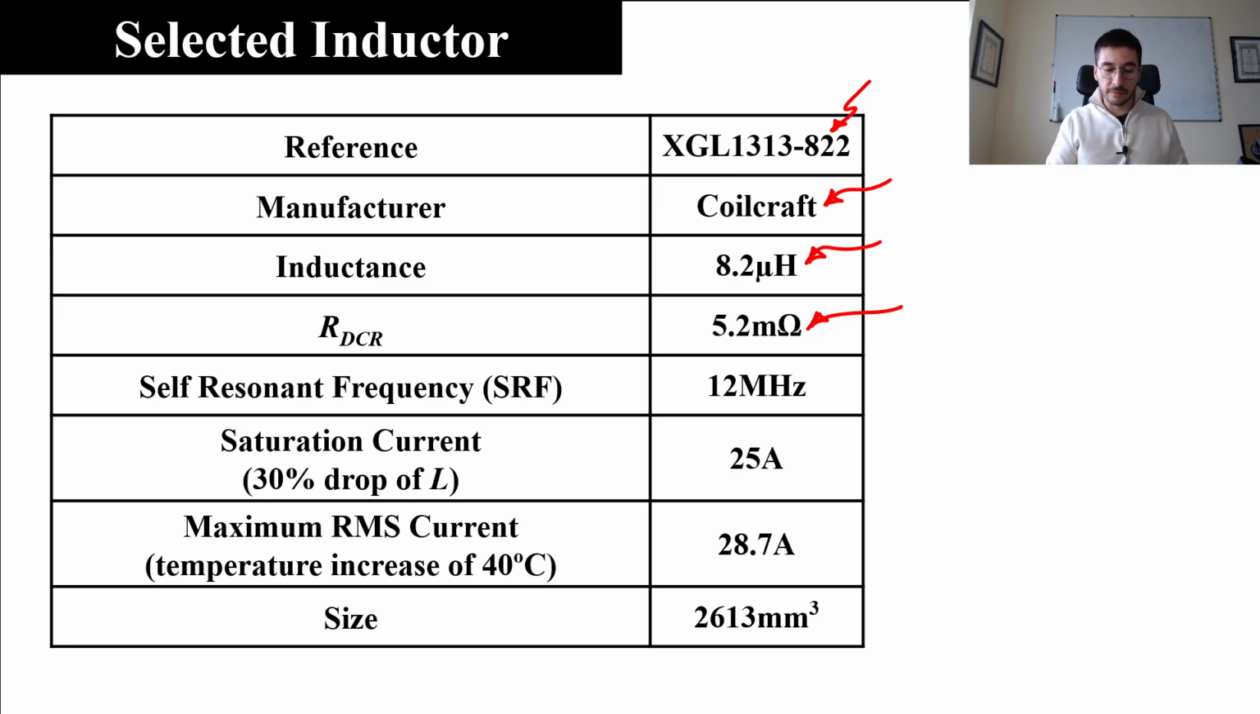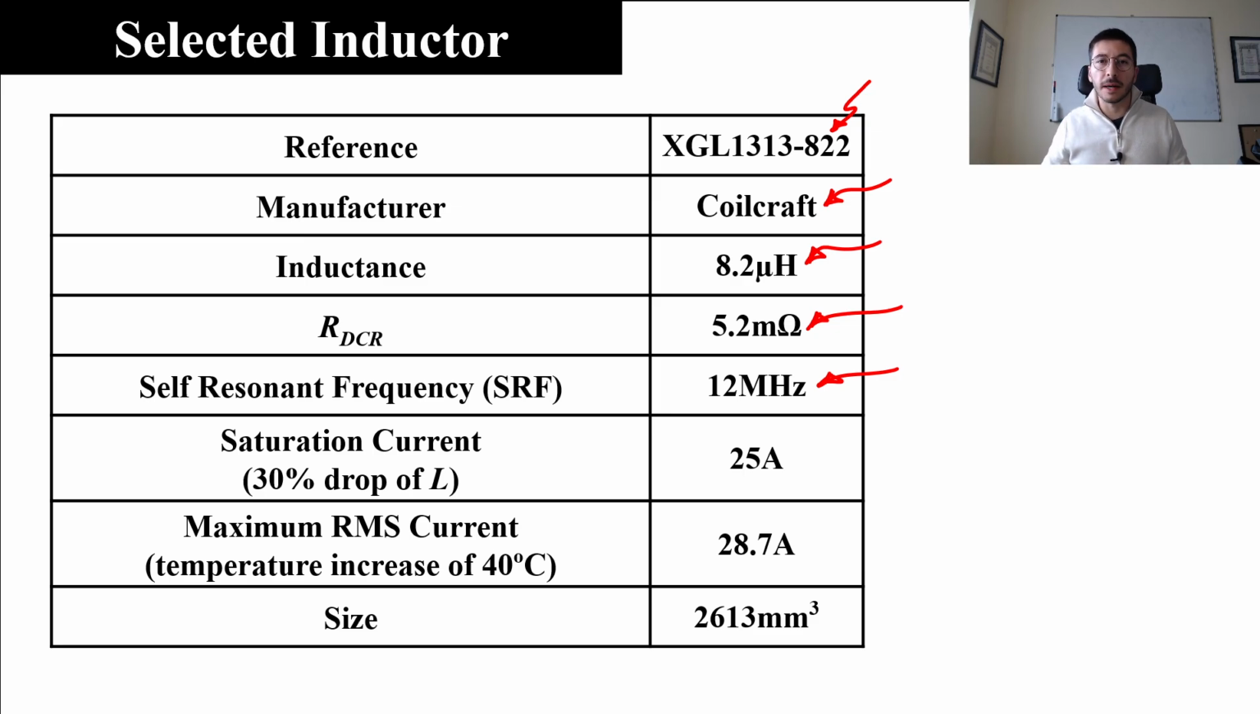Then we have the self-resonant frequency, which is 12 megahertz. It means that if we work with a frequency equal or higher than this value, we will have the impact of the parasitic capacitors of the inductor. But since we work at a frequency that is much smaller, at 100 kilohertz, we will not have any problem